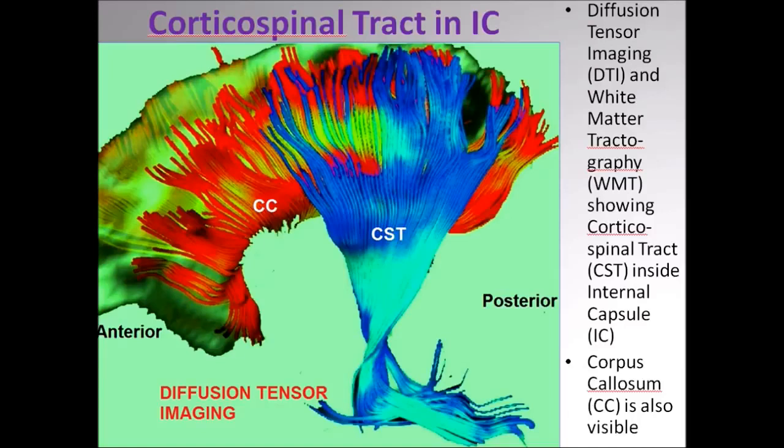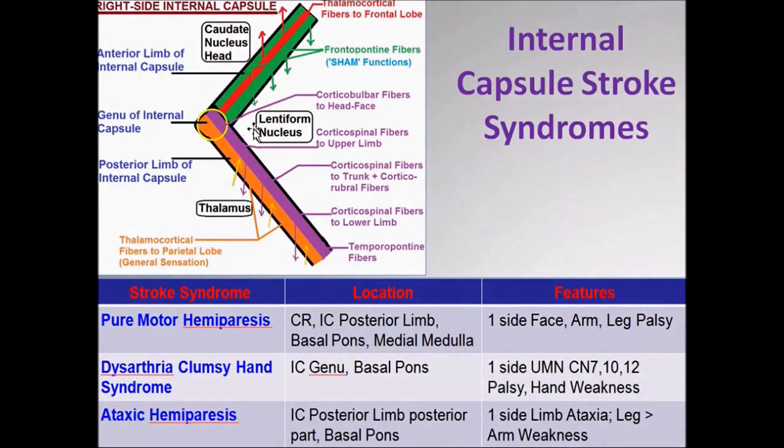So this is the importance of the projection fibers which become the internal capsule, and the very important component of these projection fibers, namely the corticospinal tract. Why are we so bothered about the internal capsule and the corticospinal tract? Again, this is just the same picture which I had shown earlier, and I have put a quick tabular representation of some lacunar stroke syndromes involving the posterior capsule,